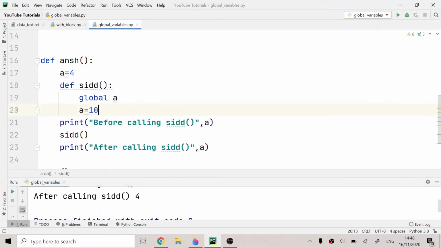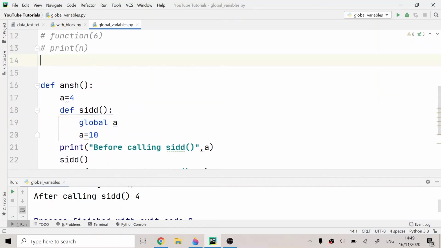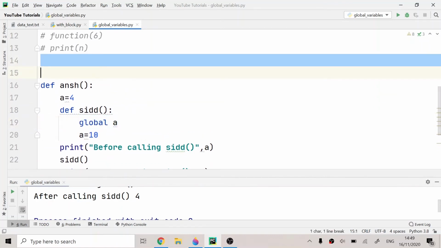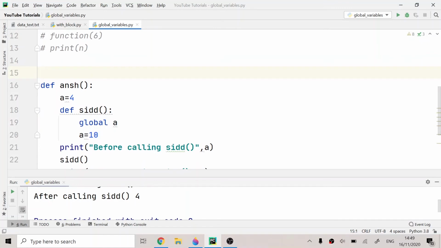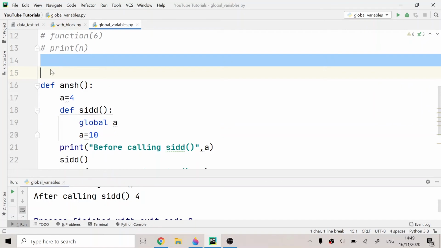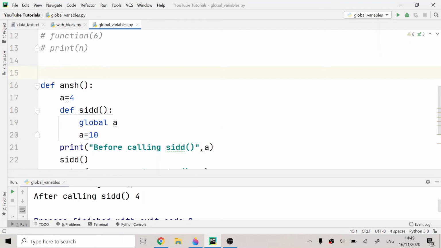Guys, as you can see right here, when I write global a, the program searches for a variable outside the function. So it searches for a variable even outside unch. That is, when I write global a, it searches everything outside every function, and it checks whether there is any variable named a which I can change, and if there is, I will change it, or else I'll make a local variable. That is, this a right here will now become a local variable